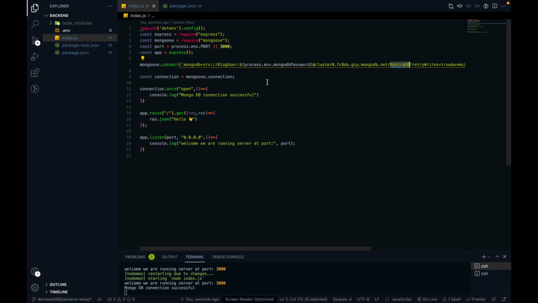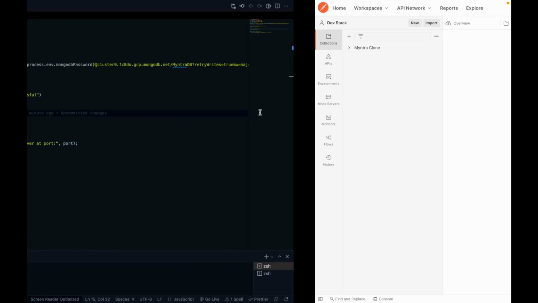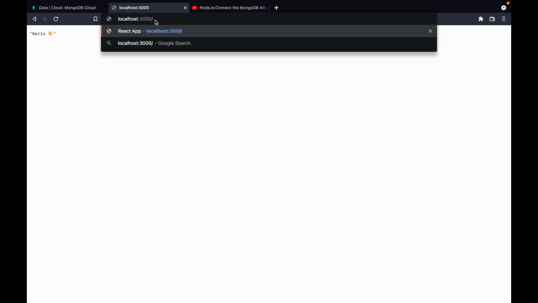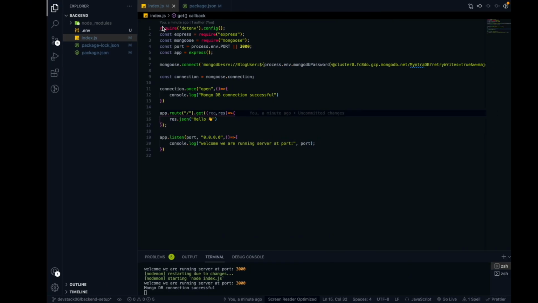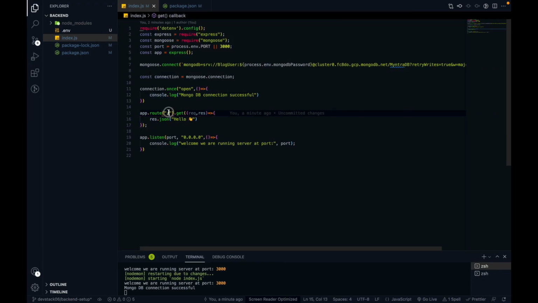Now the next thing we have to talk about is the login REST API endpoint. Before we create a login REST API endpoint, we have to first do the routing. So what exactly is the meaning of routing? In the last video we just hit this endpoint, localhost colon 3000 slash. In the code you will find that we have added this slash endpoint.